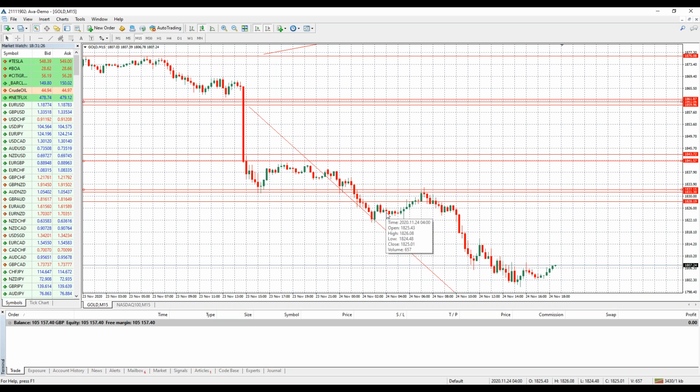If this broke through, you have AvaProtect on it. It goes all the way back up here. You can wait it out now. You're covered. You paid the premium. Maybe you covered for a day. And then it comes down and ends up in profit. You didn't have to risk much at all, and you didn't have to have your stop loss get hit. So it's another way to handle trading with gold and silver and FX pairings, is to use the AvaProtect if you're afraid your stop loss could get tagged before the real movement. Or it's a false breakthrough and it goes back and just never goes the right way. Okay, you're either down the premium cost or you're down to your stop loss, and it's okay.